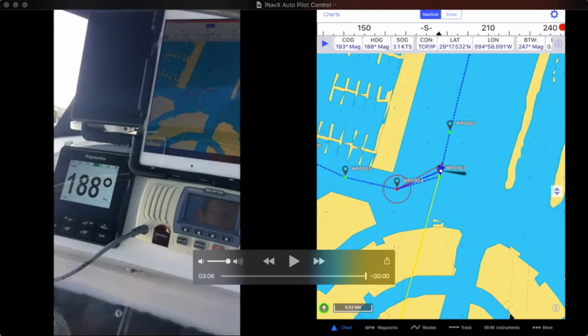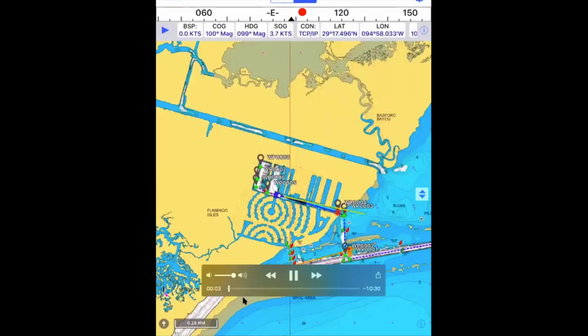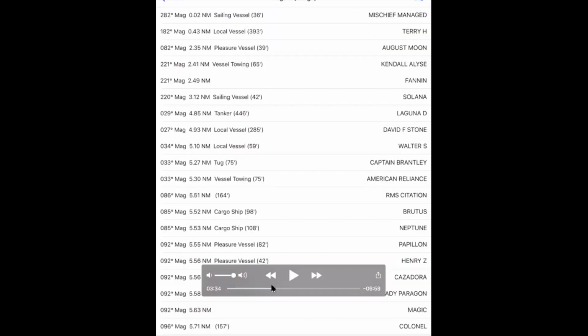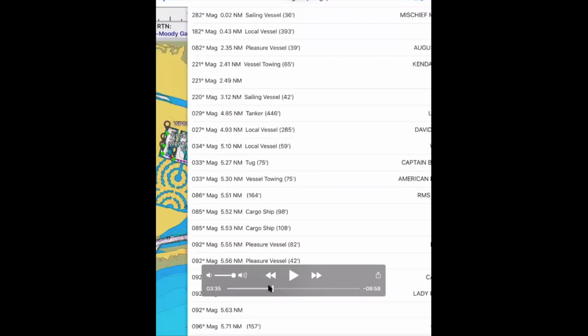Now, this one, I'm coming out of that same marina that I was in. It's actually on my way over here. And as I'm coming out, you may not see it down there, but just right down here is an AIS target. His name is Terry H. He's there pretty close to the top. And when I tap Terry H there,